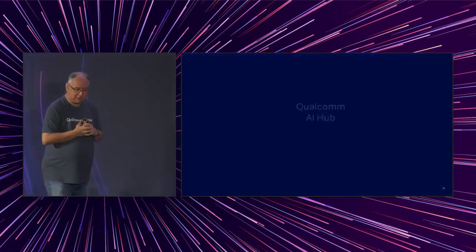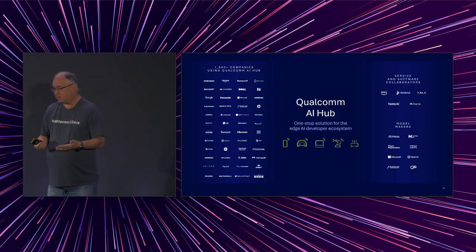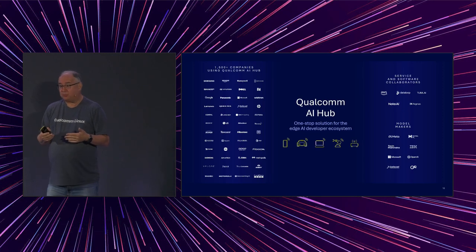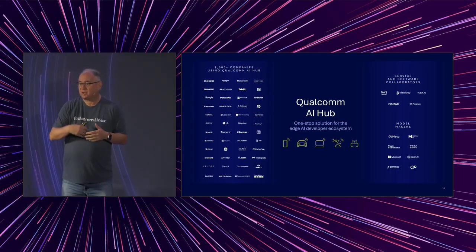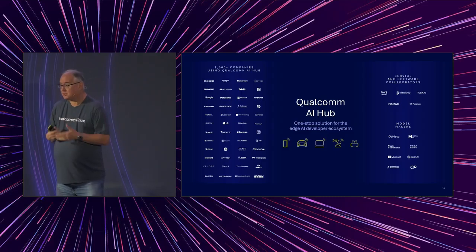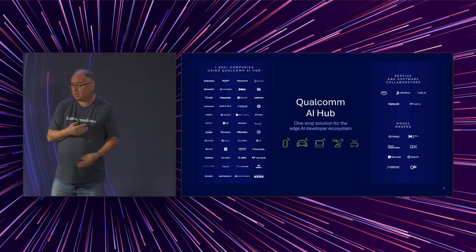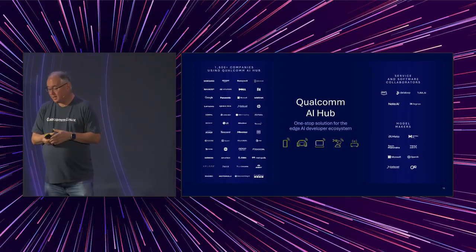The other acquisition we did, and we call it AI Hub, is really an app store for AI models. So we've been actively working on getting AI models to the Qualcomm platforms, optimizing them for the Qualcomm platforms, and making them available on our hub. And that, of course, is linked in from Hugging Face, so it participates in all the normal ecosystems. So this is an easy way, if you need some translation model, some large language model, or some Whisper model, you can download that from the AI Hub.